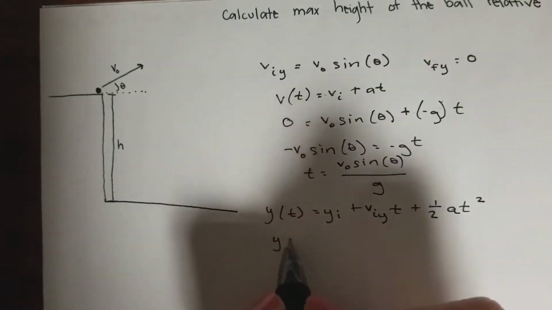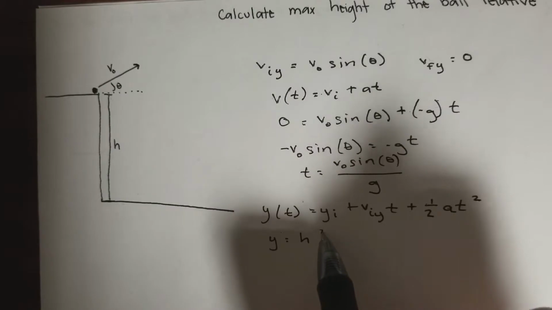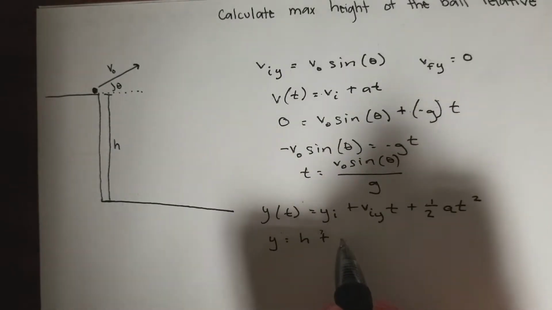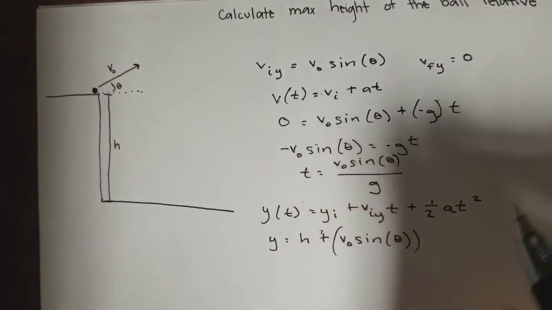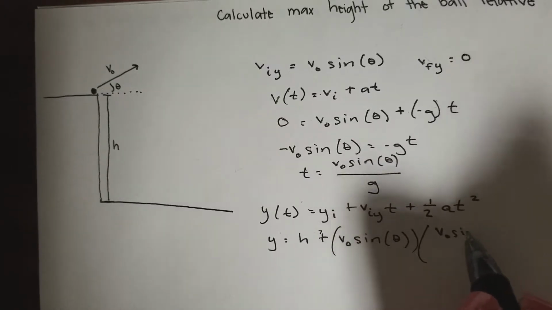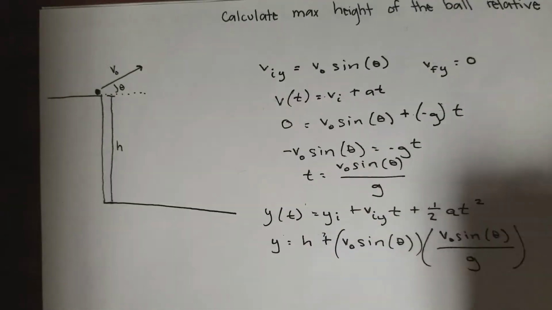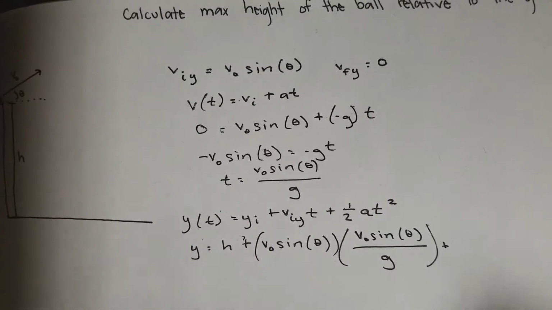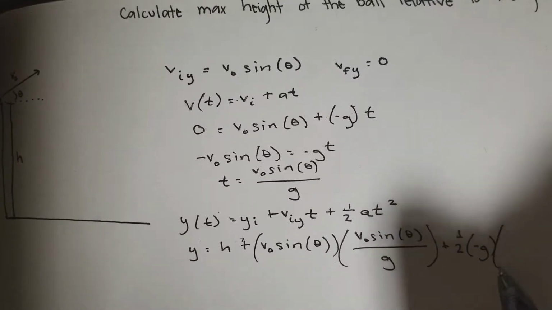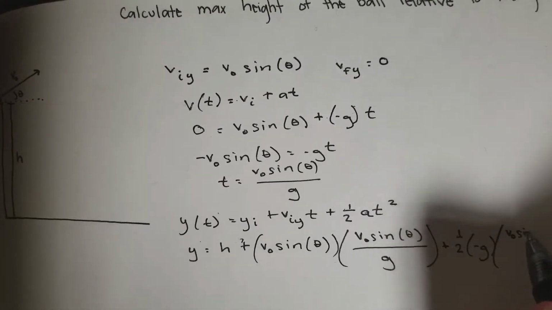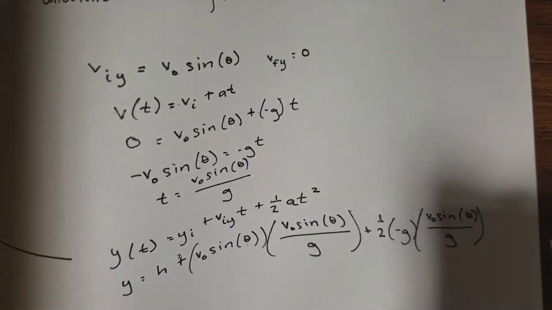And we can plug in y initial is equal to h, because it's originally h meters from the ground, plus v initial, which is v naught sine of theta, times v naught sine of theta over g, which is the time it takes to get to its maximum height, plus 1/2 negative g times v naught sine of theta over g squared,